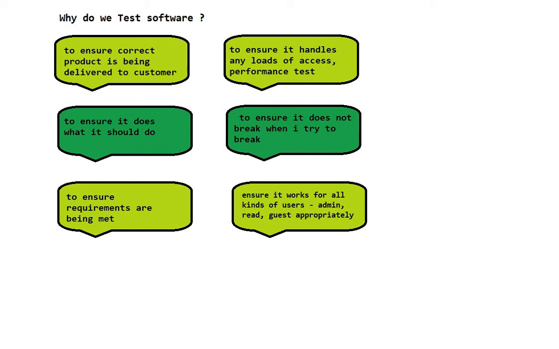You need to also ensure it does not break when someone tries to break it. There are not always good users among external customers. Sometimes you might get bad customers who should not access your application but try to access and break your application. That's why you need to break your application. You try to break your application before it goes out to the customer. When you try to break your application and it breaks, then you have ways to fix it before it goes to